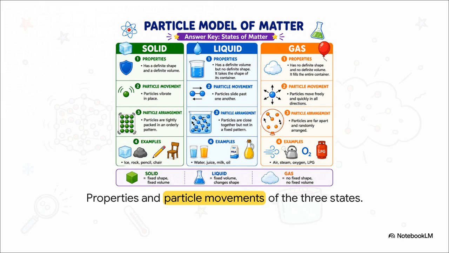Now, for liquids, the particles are still close together, but those attractive forces are just a bit weaker, so they can slide past one another. That's why liquids flow and take the shape of whatever container you pour them into. And finally, for gases, the particles are way far apart. The attractive forces are incredibly weak, so they move freely and super fast in all directions, with absolutely no definite